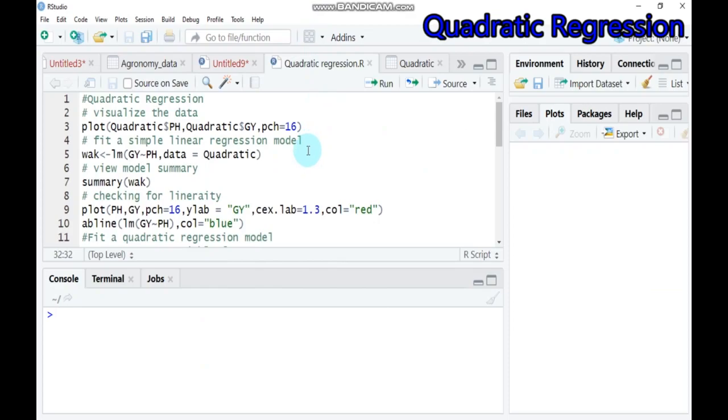Hello everybody, today we will see briefly about quadratic regression in RStudio. As all of you know, quadratic regression is one way of checking for nonlinearity in our data, that is, to fit the polynomial model and to check whether the polynomial model fits the data better than the